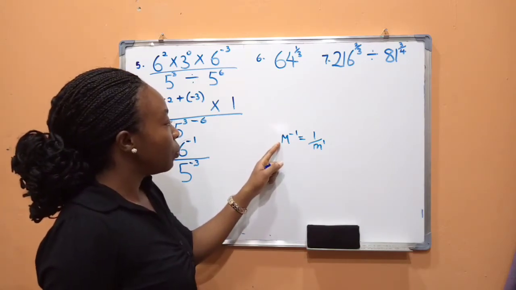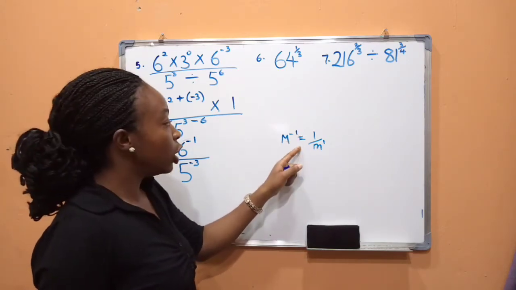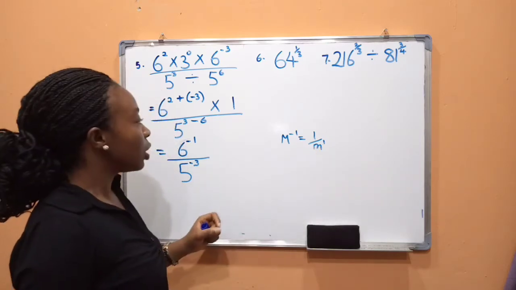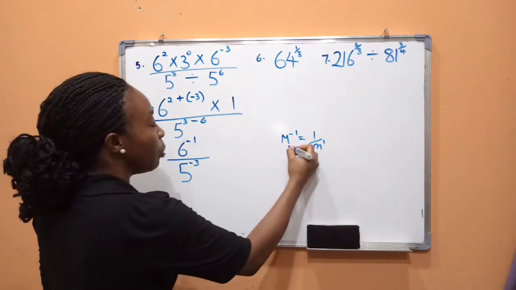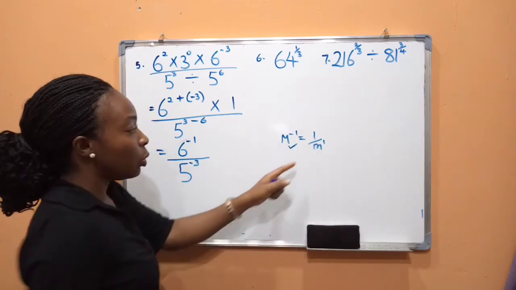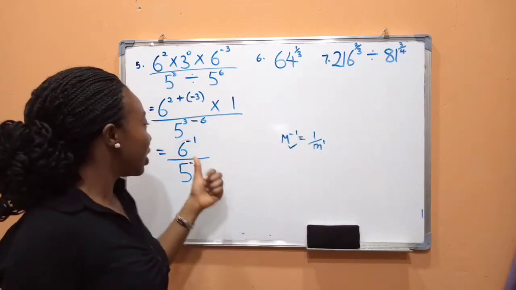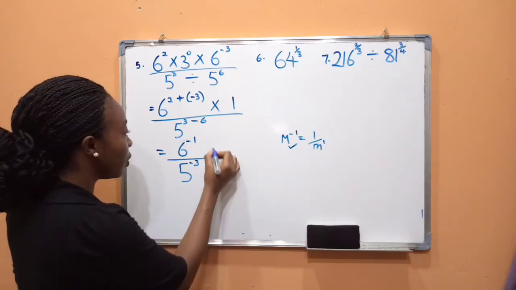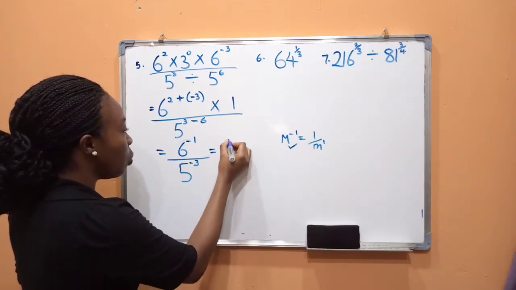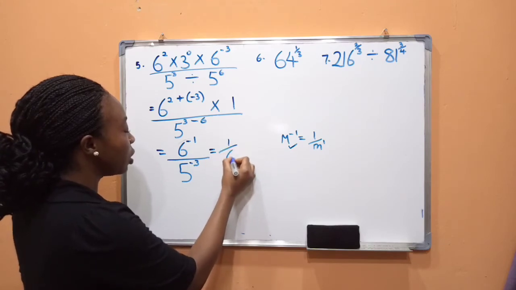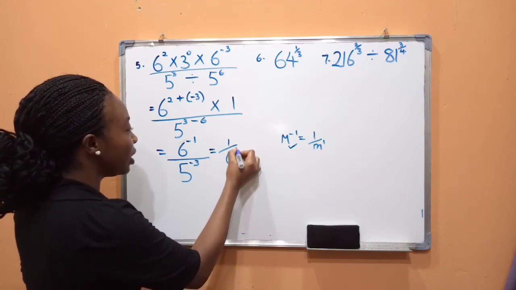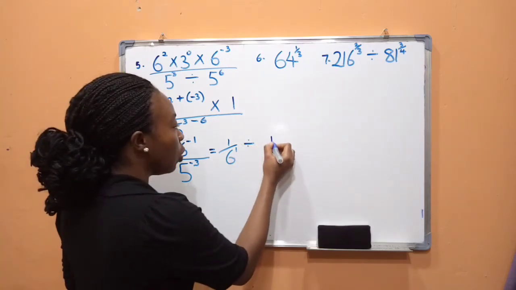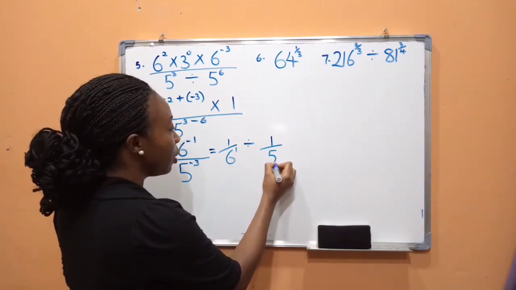M to the power of negative 1 equals 1 over m to the power of 1. We do not straight away multiply negative indices. We must convert them to this form. So that's exactly what we are going to do here. In doing that, we are going to have 1 over 6 raised to the power of positive 1, divided by 1 over 5 raised to the power